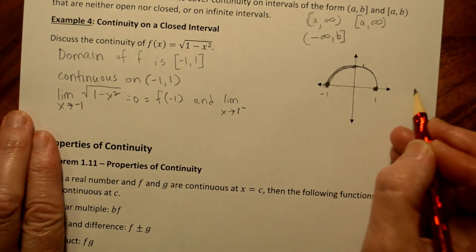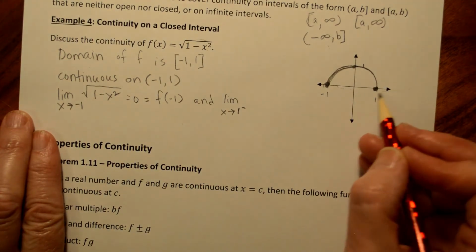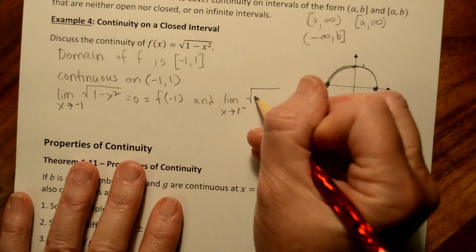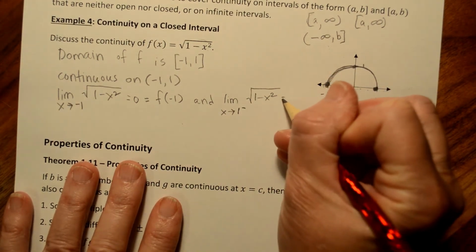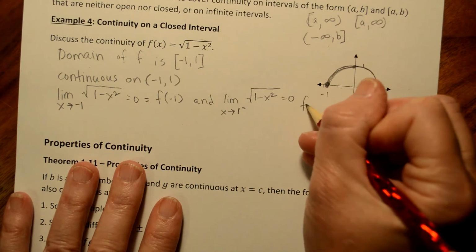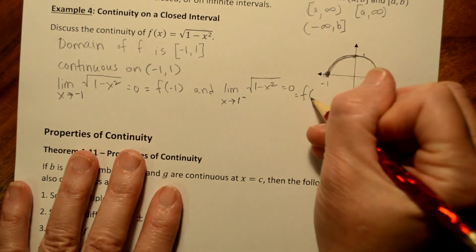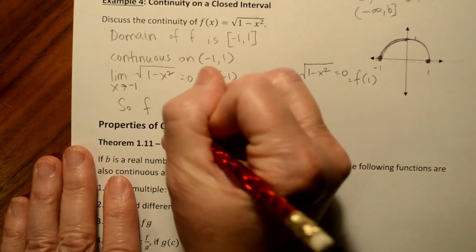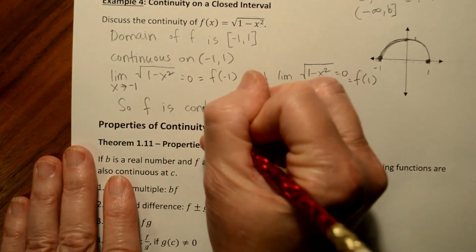Again, we can't talk about coming in from the right because there's nothing over there, so we have to come in from the left. All right, so the limit of the square root of 1 minus x squared is 0, and that is the way we've defined the function. f of 1 is 0. So f is continuous